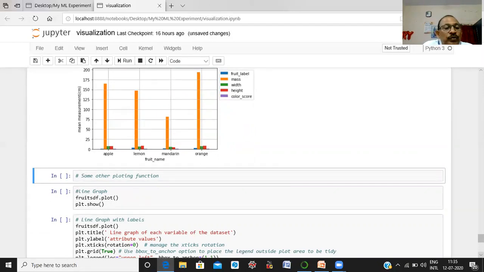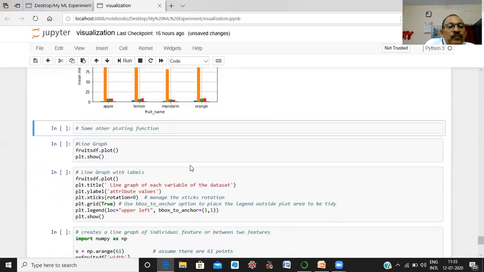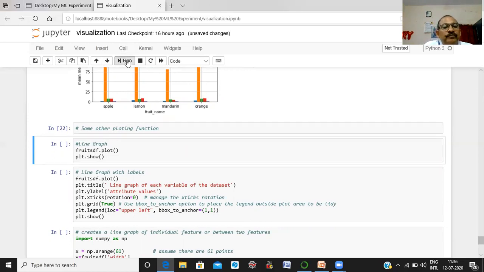Now, suppose we want to draw a line. Here again we use a line graph on the data frame. Run it. Let's see. This gives the line graph for each variable in our data set.